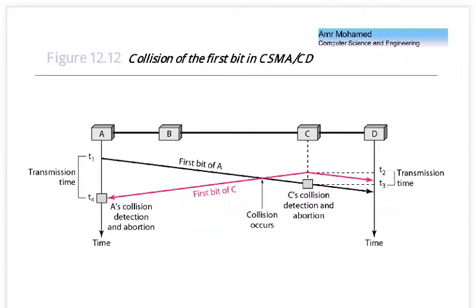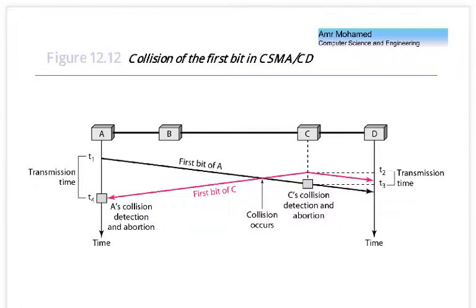Okay? And node C will not sense that there is a transmission on the medium until this time, which is P3. So before that time, node C does not realize that there is a transmission happening from A. Okay? So assuming that before this time, at time T2, node C